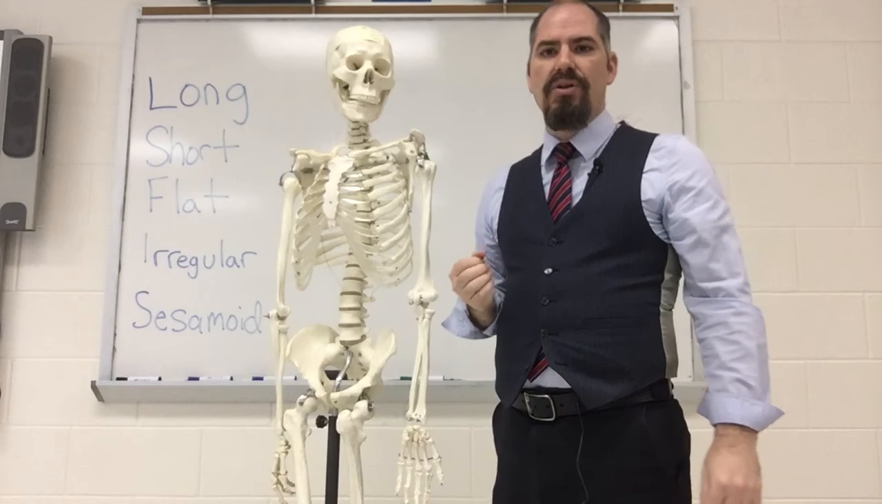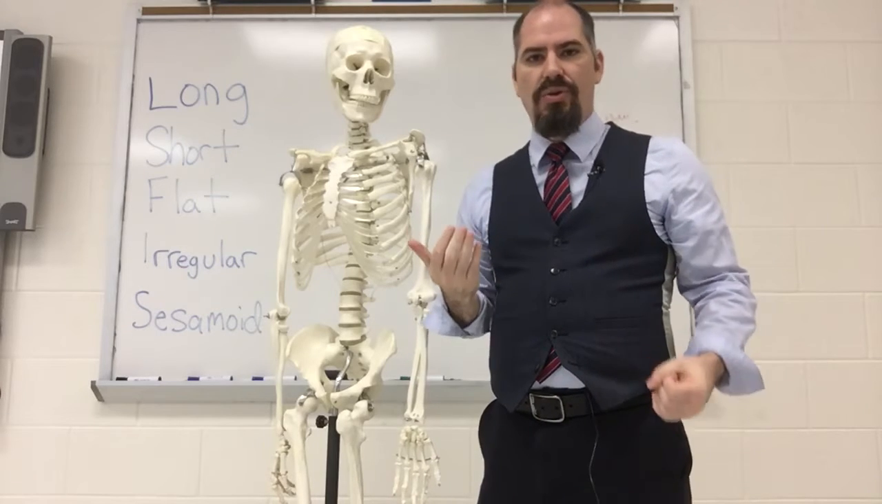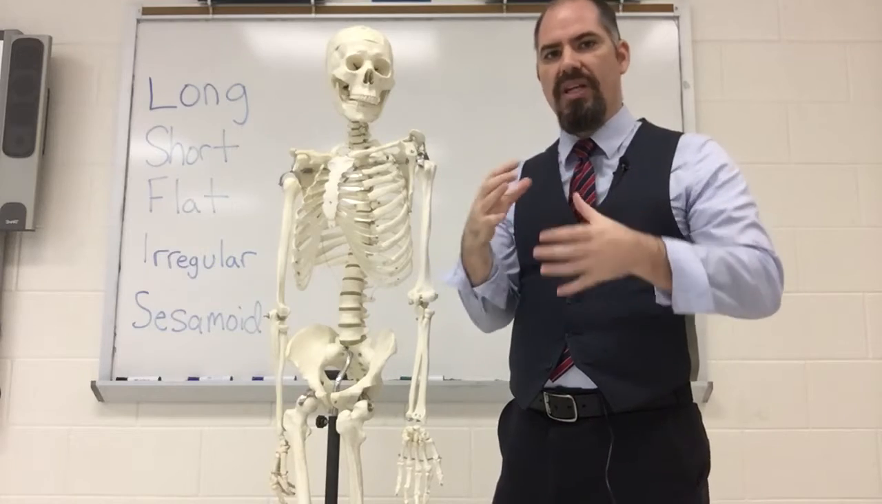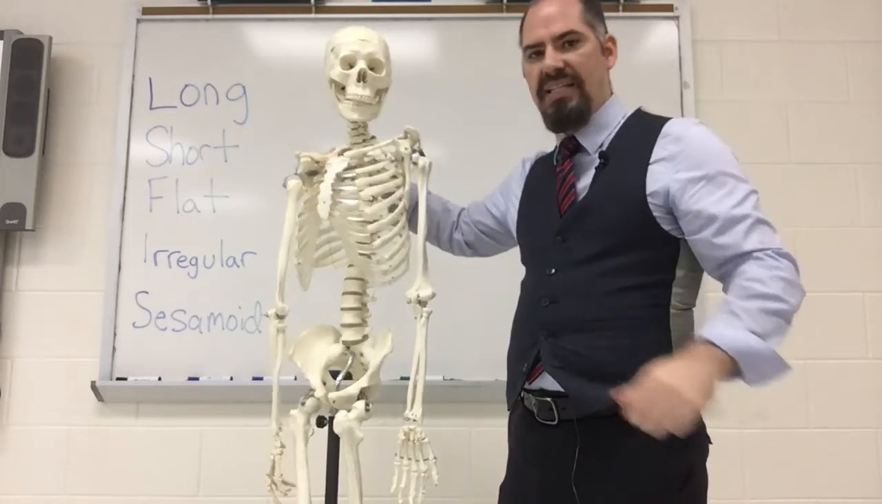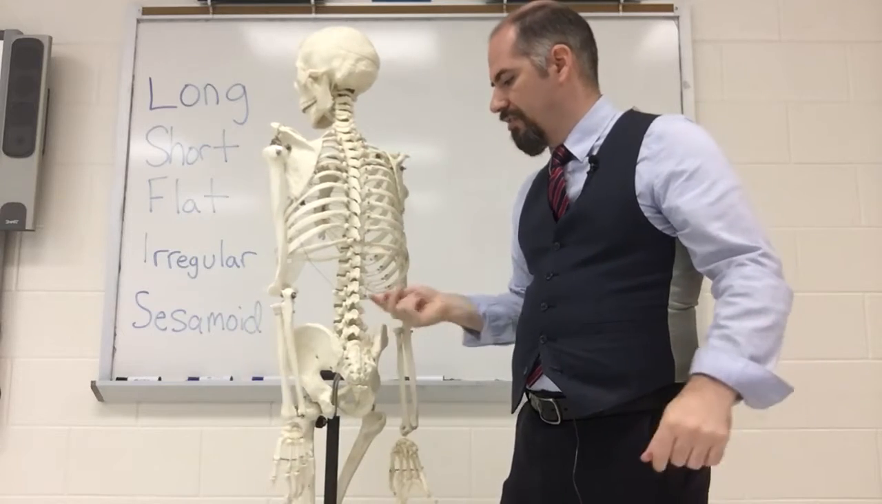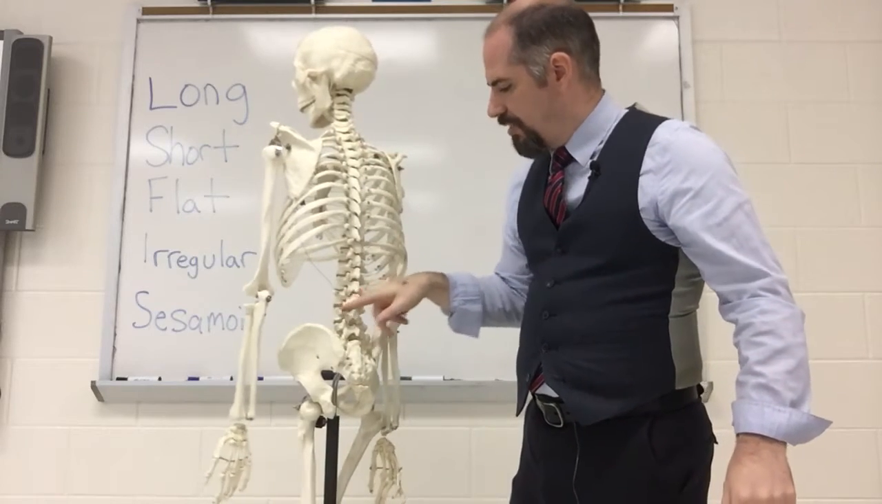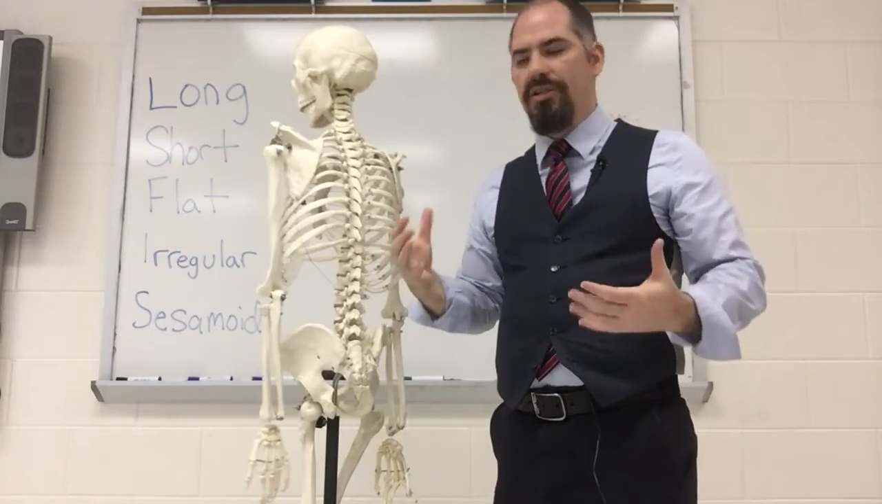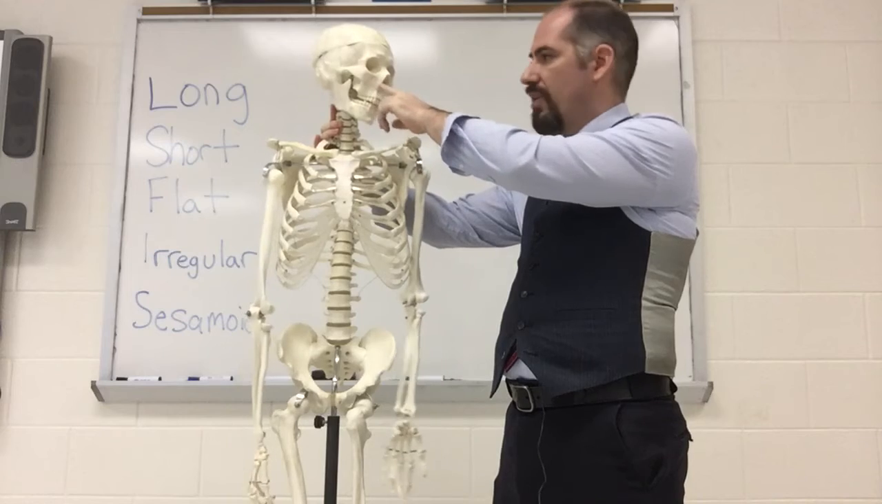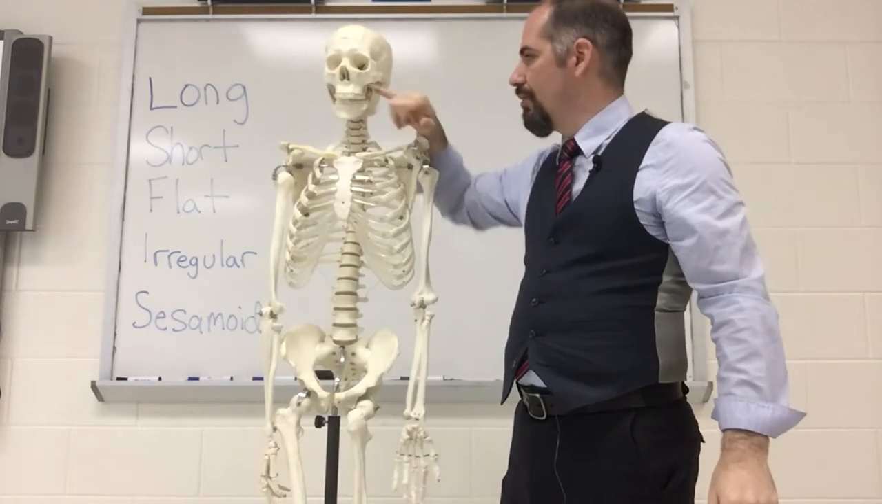Irregular. These are bones that are not long, they're not short, they're not flat, so they're irregular. They have an odd shape or they kind of change in shape. The classic example of irregular bones are these vertebrae here. They stick out here and they pinch over there. They're just odd-looking bones. Many of the facial bones as well, going in a variety of different directions, those are